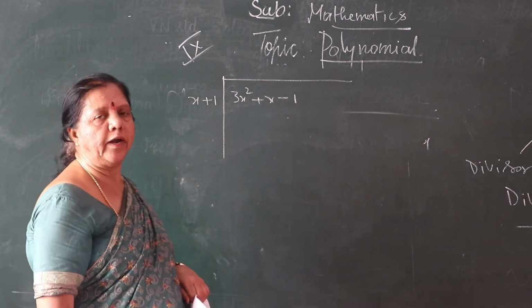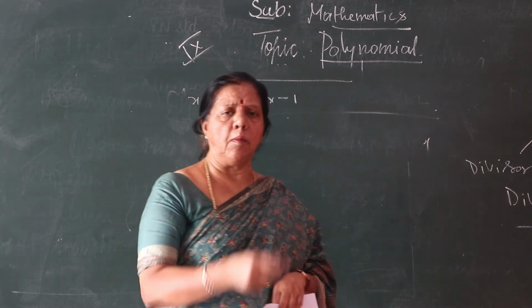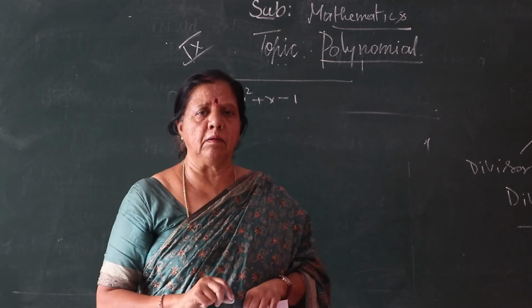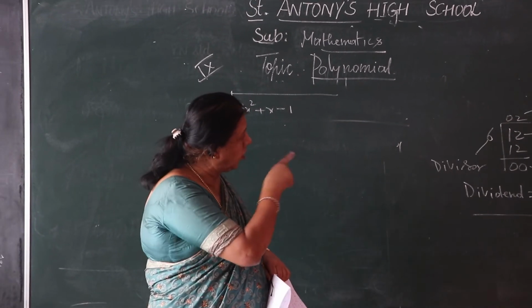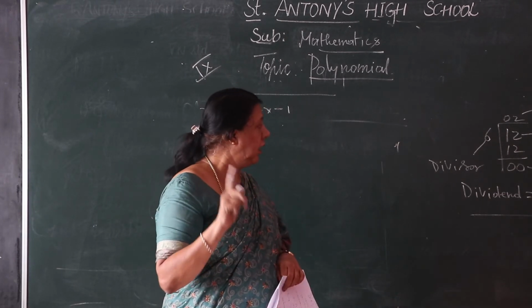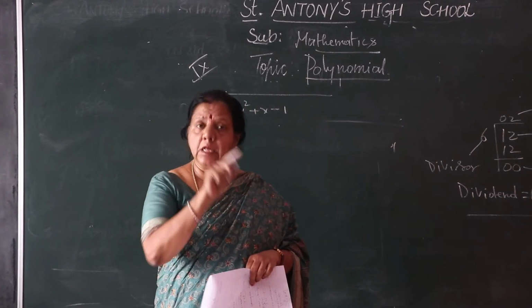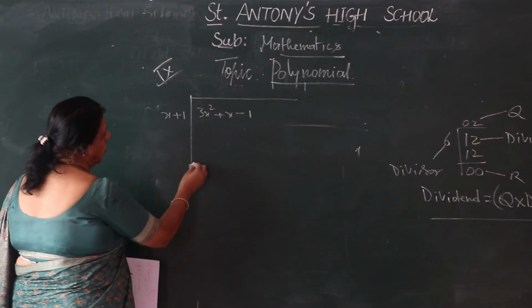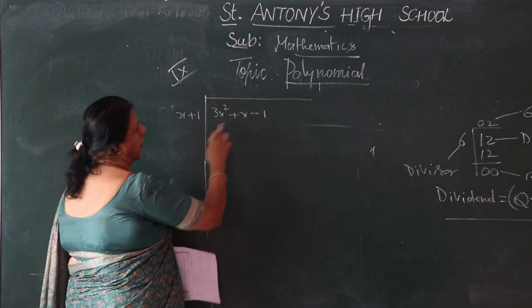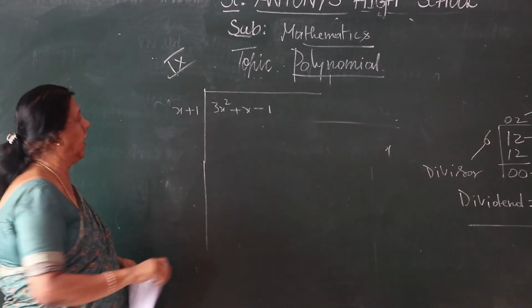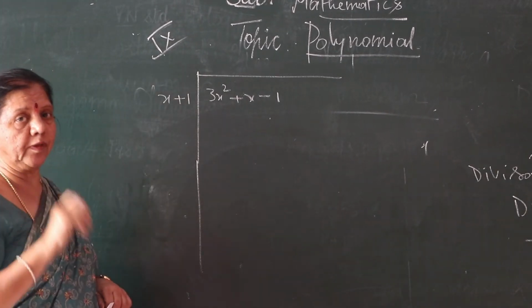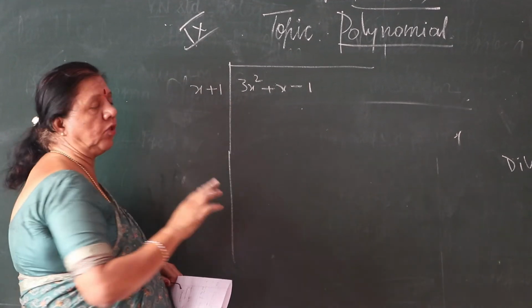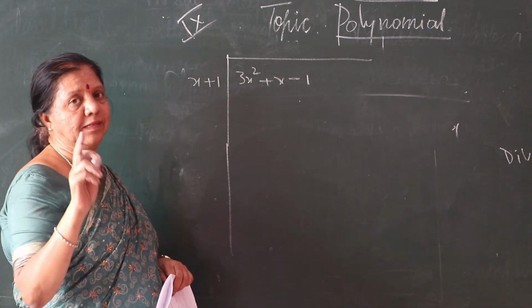So far you were dividing numbers. Number of digits they are giving. They ask you to divide it by the table. You know that one. Out of that only I taught you quotient, dividend, divisor and remainder. These are the elements of division. Okay, children. Now I will teach you. Look at the board, all of you. How many terms are there, children? There are 3 terms. Here how many are there? 2 terms are there. Always you have to remember first term. What is first term? 3x square should be cancelled.